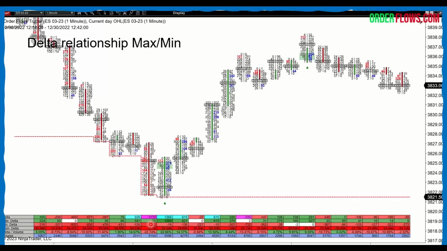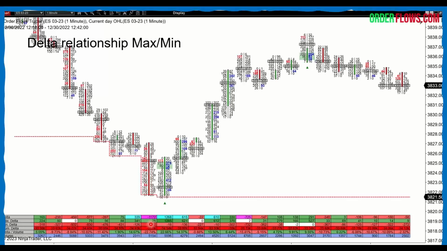Negative delta is the aggressive selling taking place. Okay, so the market's in a two-way auction, and there's a bid, there's an offer. So if someone buys the offer, right, that registers as +1 on the delta. If someone sells at the market and sells into the bid, that registers as -1 delta because you have an